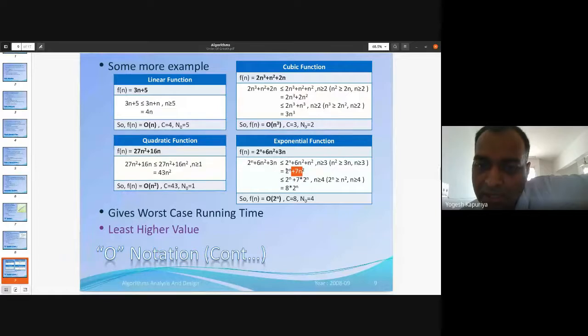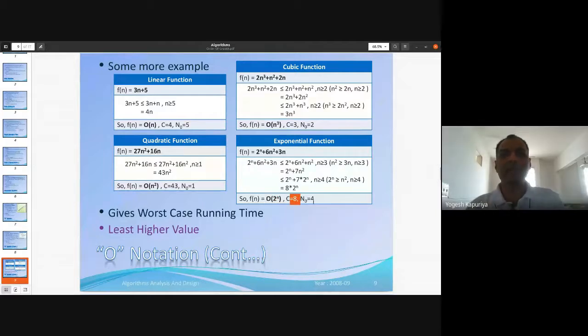So that's why we can say 2 raised to n plus 7n squared is less than or equal to 2 raised to n plus 7 into 2 raised to n for any value of n greater than or equal to 4. Now this is 2 raised to n, that means 1 plus 7, so that is 8. So 8 into 2 raised to n, so it looks like C g(n). C value is 8. n0 is the maximum of these two, so that is 4. And that's why your f(n) is big O of 2 raised to n for the value of C as 8 and for the value of n0 as 4.